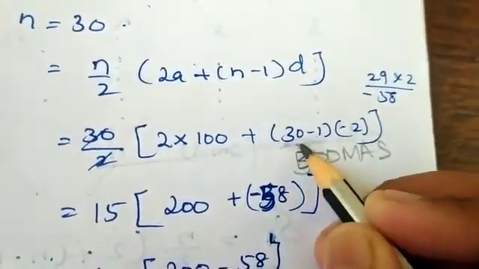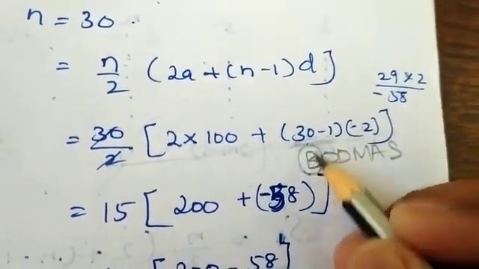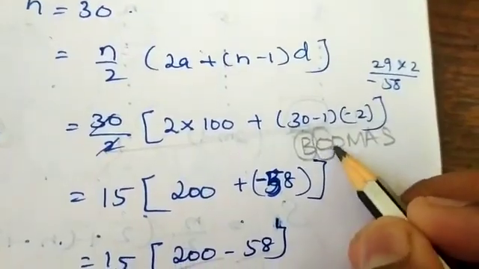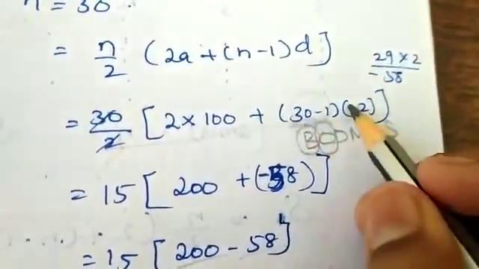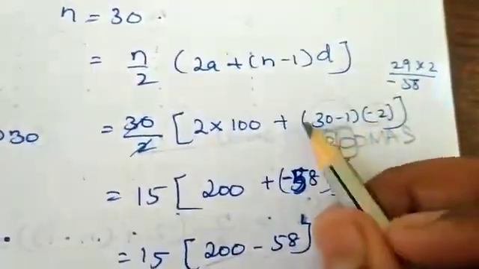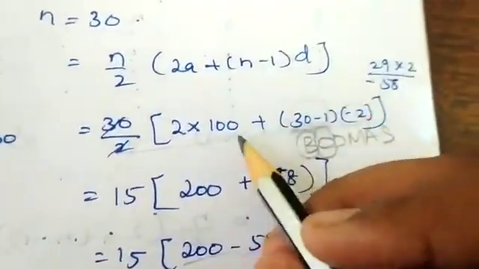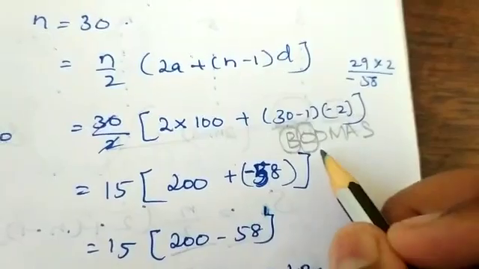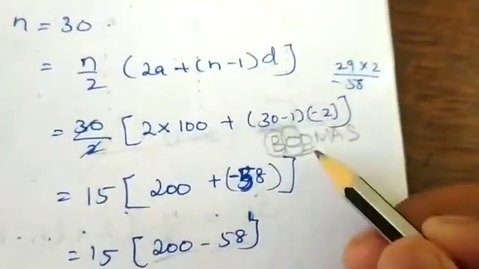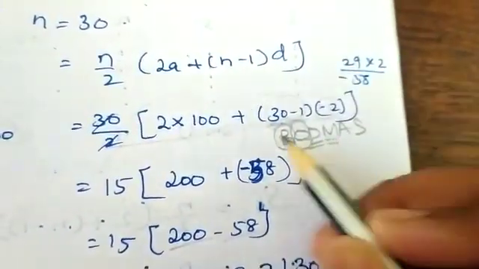First we should complete the calculations inside the brackets, then orderly we should complete the brackets, this one and this one the same. And next, after completing inside the brackets, let us come to division. There is no division in this sum, but I am telling you, next only we should do the multiplication.